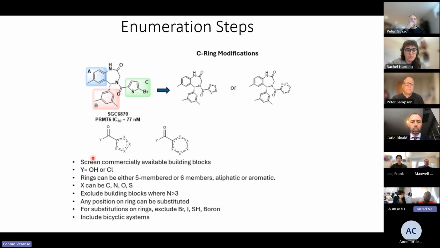So they wanted 5 or 6 membered rings, aliphatic or aromatic, attached to either an acid functional group or an acid chloride. So I did that while taking into account all the exclusions that they requested,